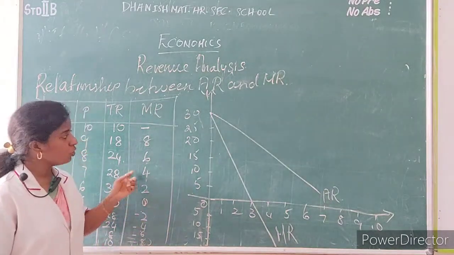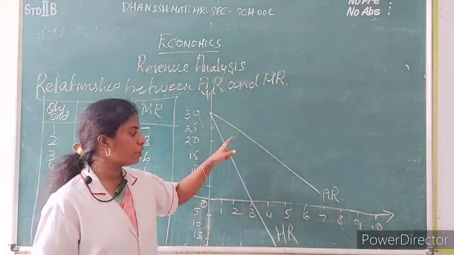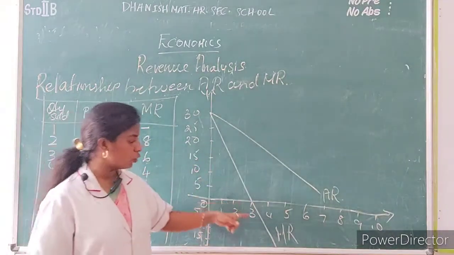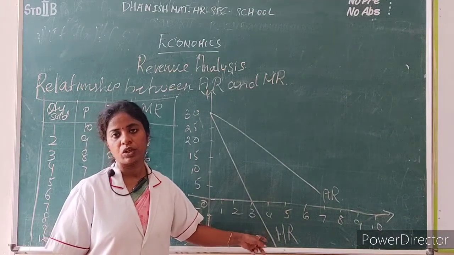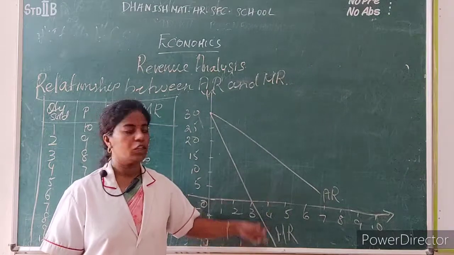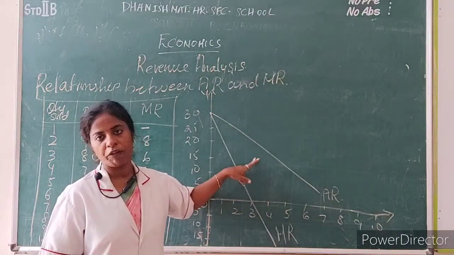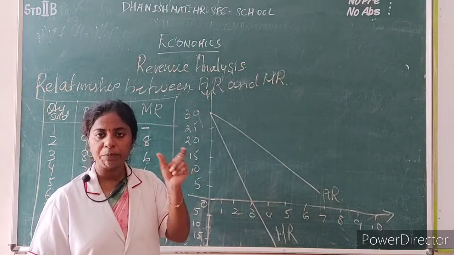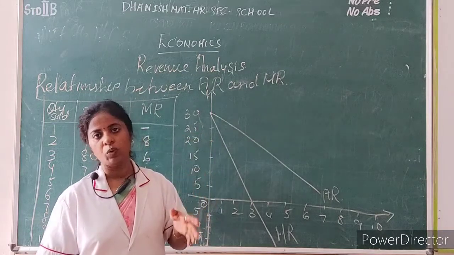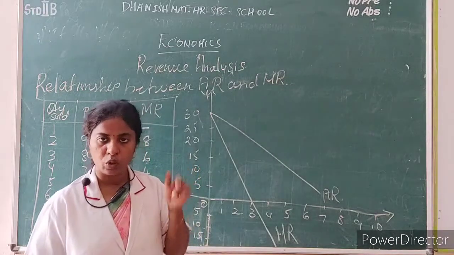Okay. So through this, a diagram has been drawn randomly. Always the average revenue and marginal revenue will be sloping downwards. The marginal revenue which goes in a negative manner shows that the price started to decrease and the revenue also started to decrease. So this is sloping downwards. Why? Because prices differ and the profit also differs. So under imperfect competition, the AR and MR will be sloping downwards.